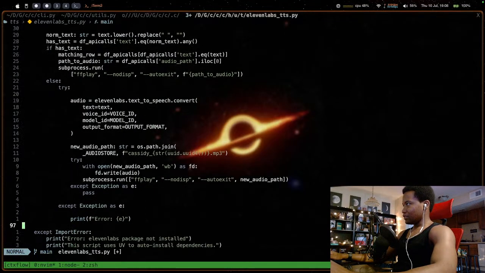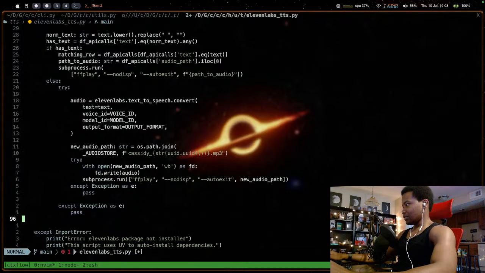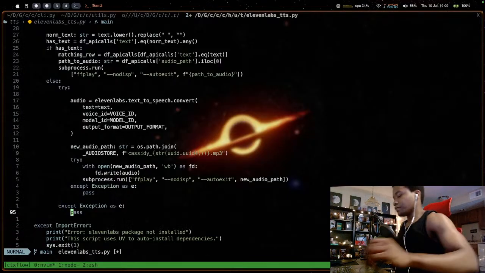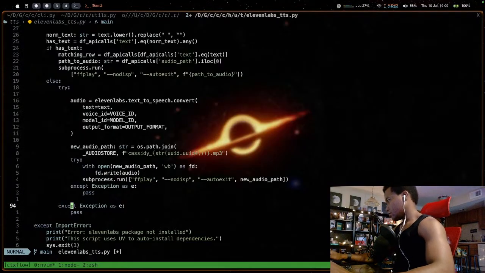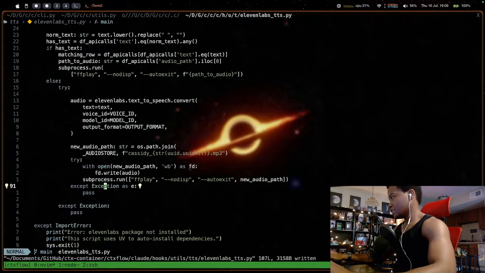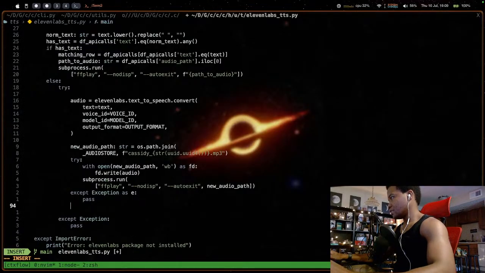I'm not really doing errors in these because this is a single file UV script, so I don't want to do too much in these. So we just fail silently, and we'll just go about our business like that never happened. Okay, so now we're playing this doohickey. But if for some reason this operation fails, we still made the file.